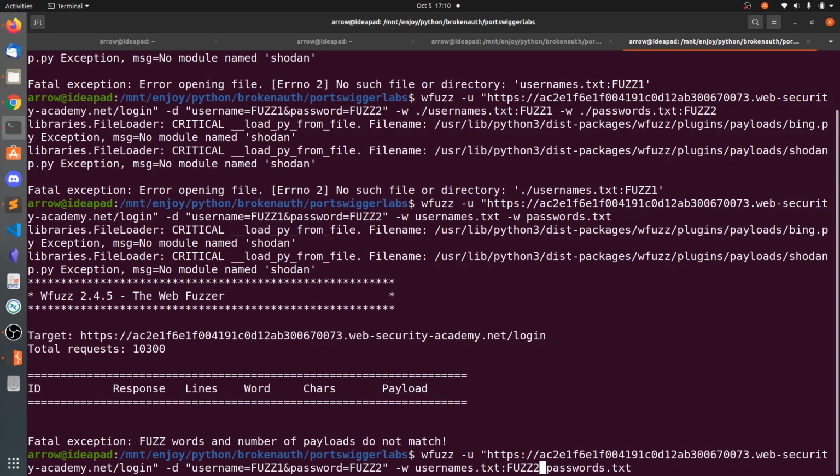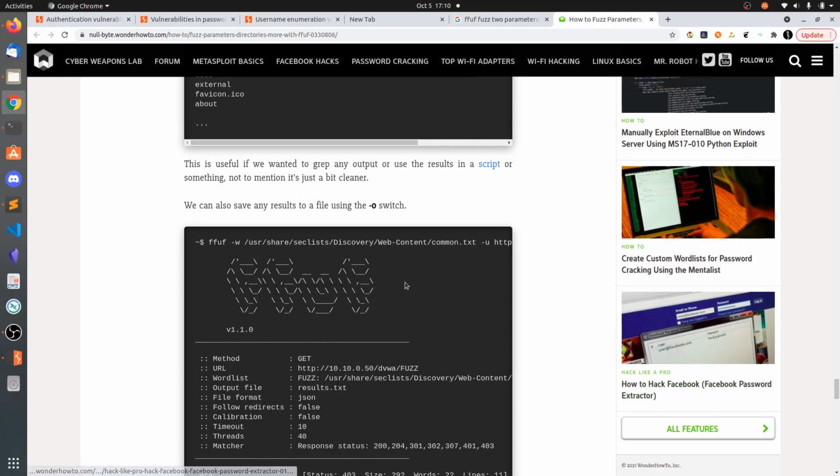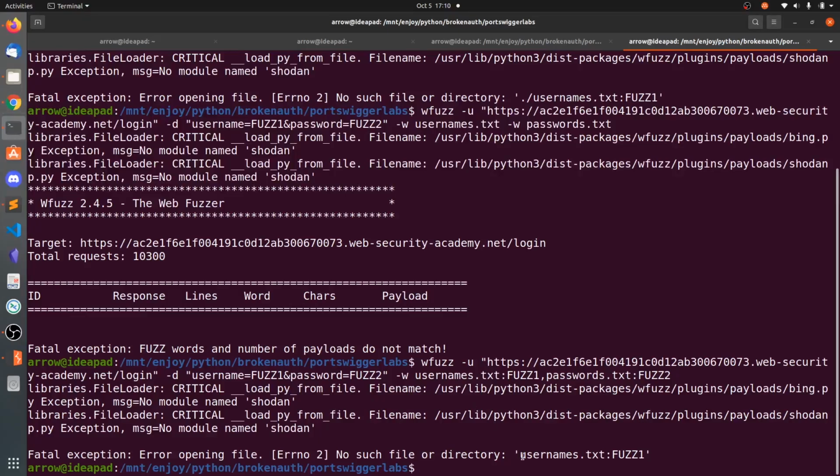Let's say FUZZ1 comma FUZZ2. So this is taking usernames.txt colon FUZZ1 as a single file name.